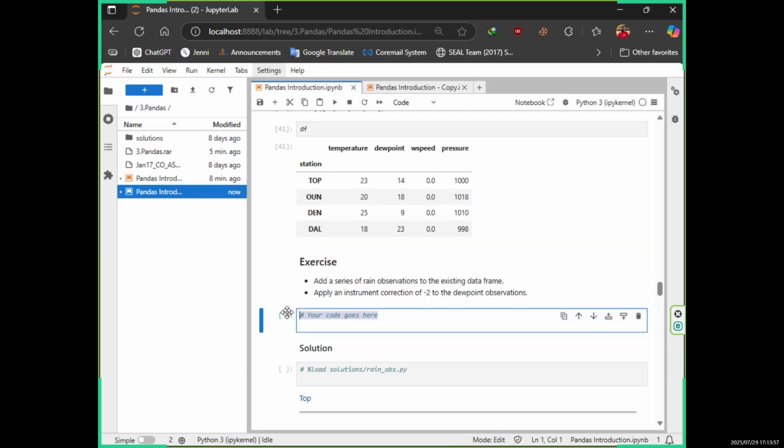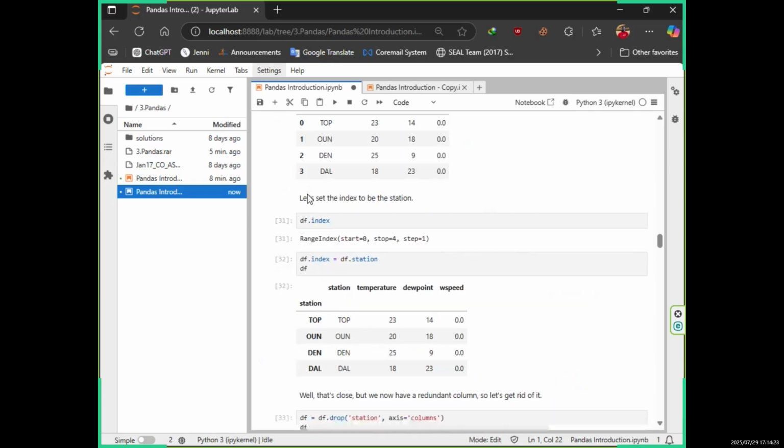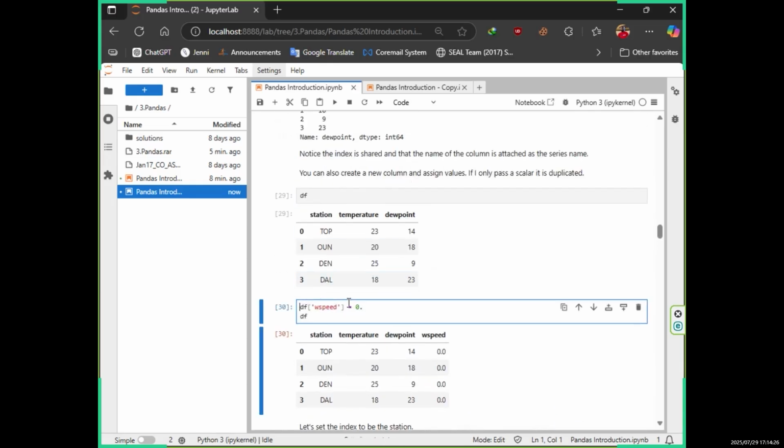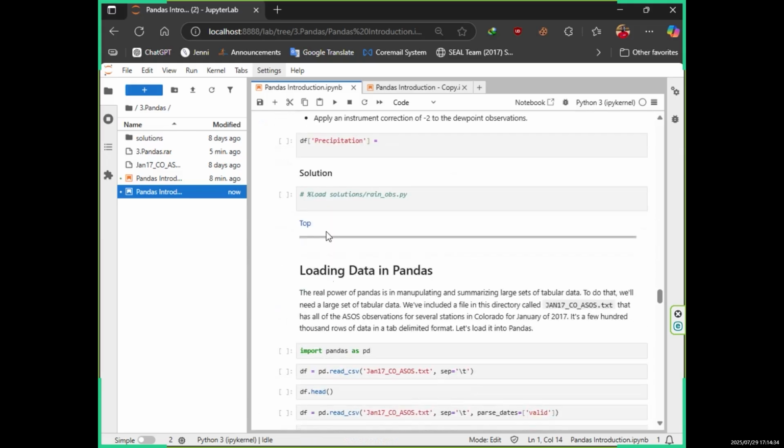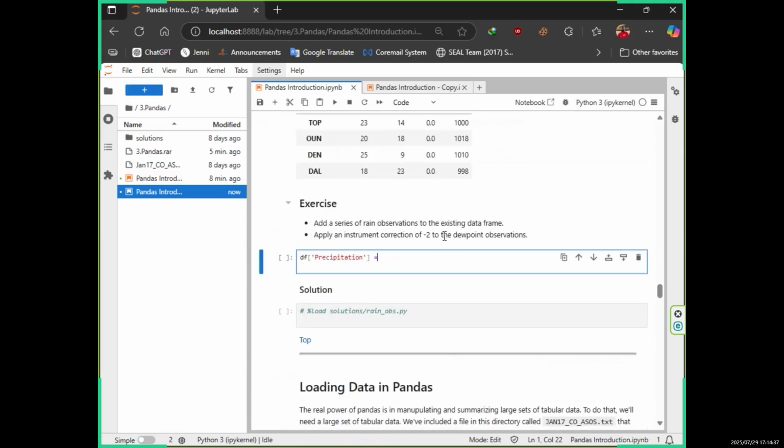So what should be the command in here? My data frame name is df dot, and I am saying new variable. So here I will say precipitation. Now I am creating an empty data series, because when we discussed wind speed, I said this is the way you can create an empty column. After that you have to give equal and then give your values. So how do we give the values? Precipitation equal, then I can say